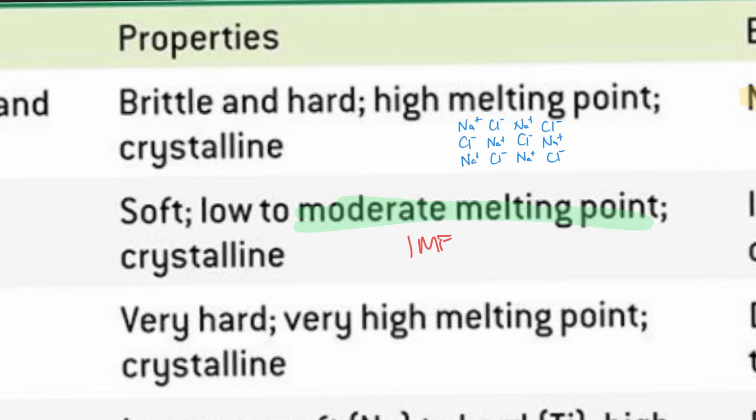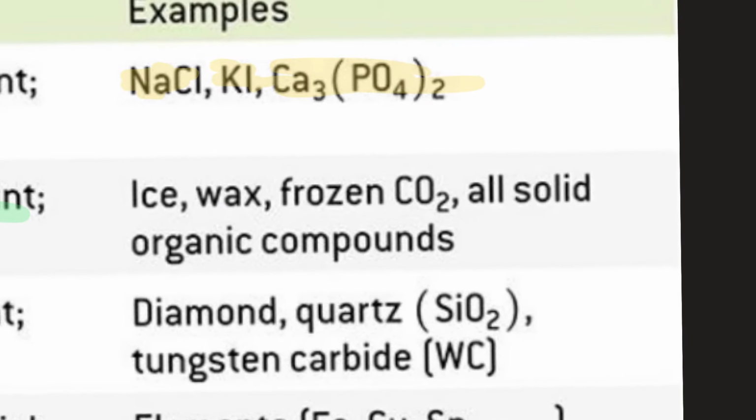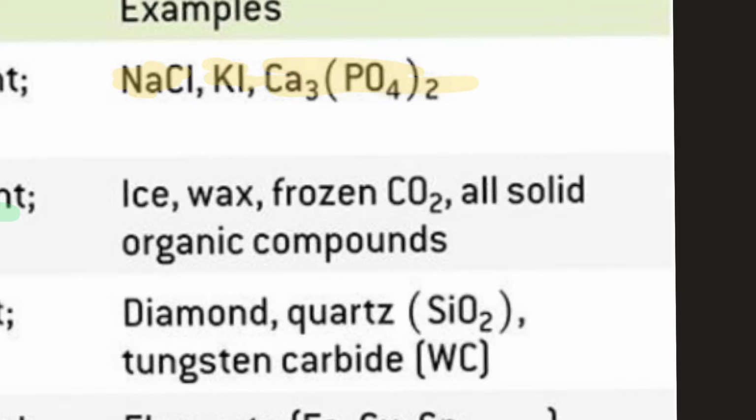If you're trying to get ionic solids to melt, they're bonded together by intramolecular forces. So intramolecular forces are much stronger, so you need a lot more energy. The temperature must be higher. All right, and there are some examples of molecular solids. You have